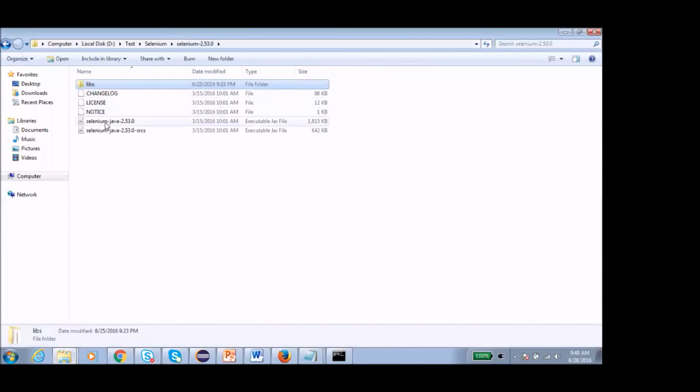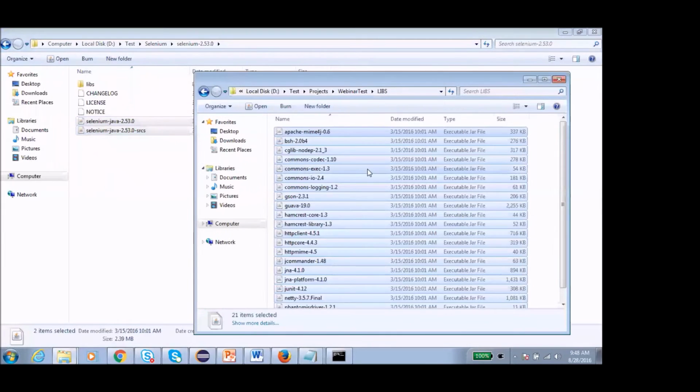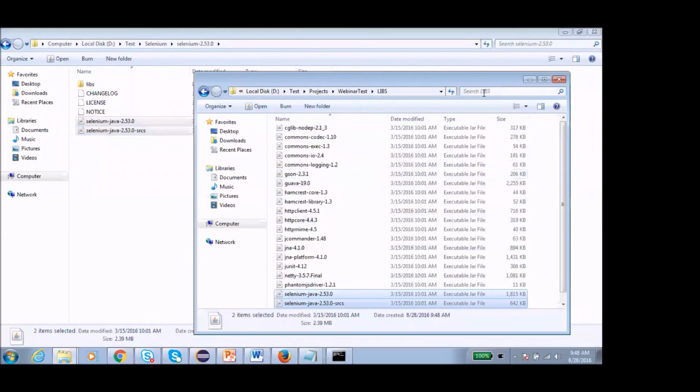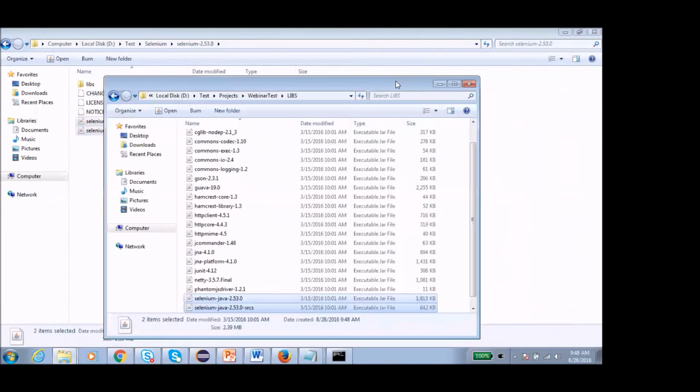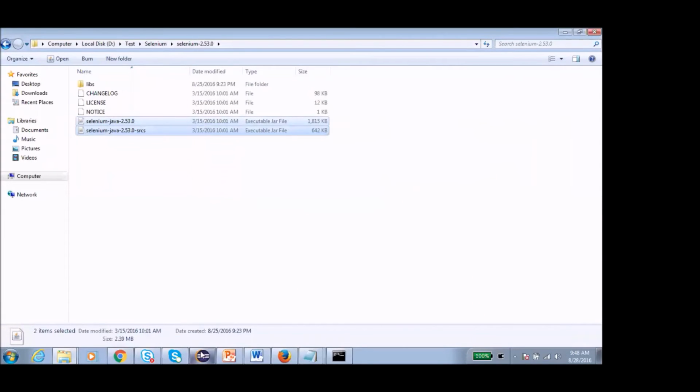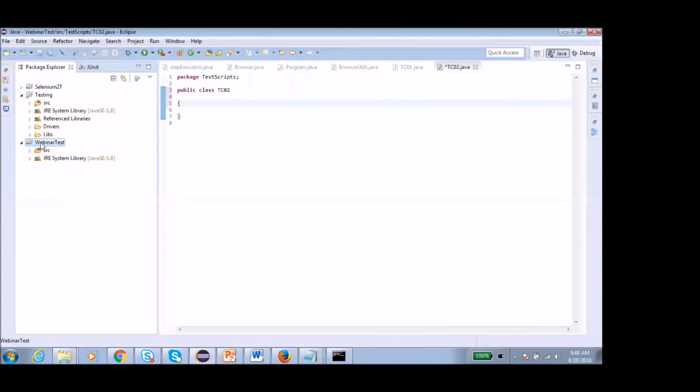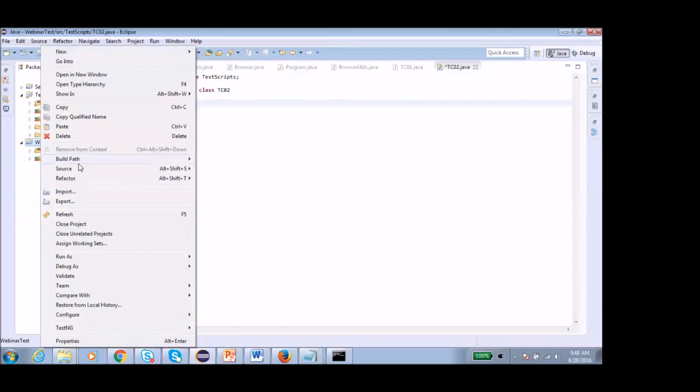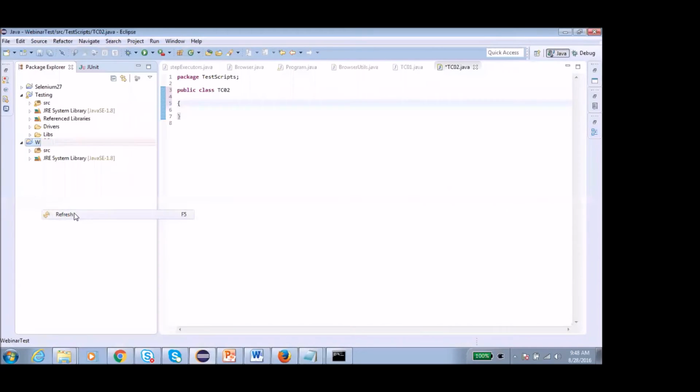Similarly, we have two other jar files outside. Copy those and put them here. So what we are doing is copying the jar files which we downloaded from the seleniumhq.org website and keeping them in our project. Now go to Eclipse, select your project, right click and click on refresh.